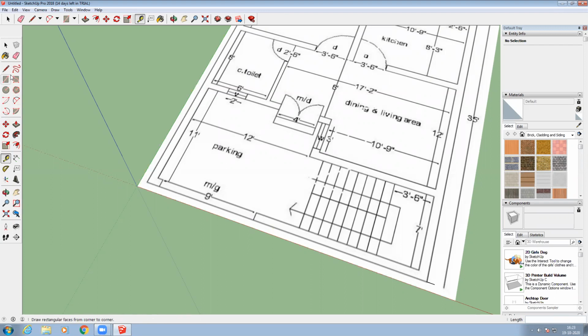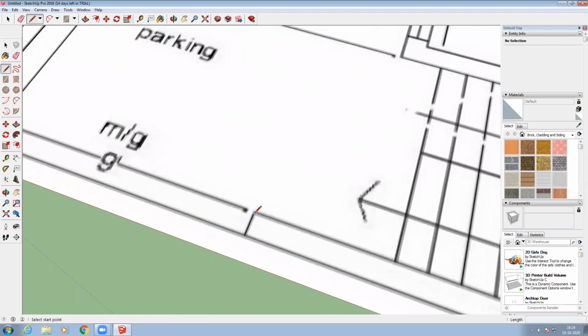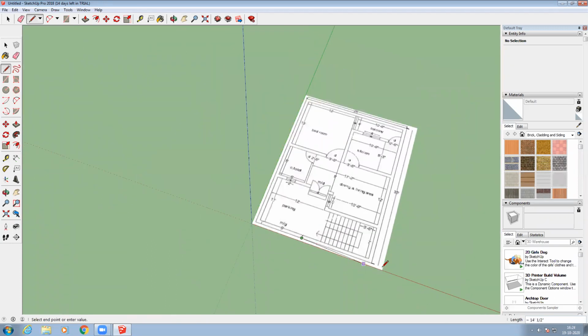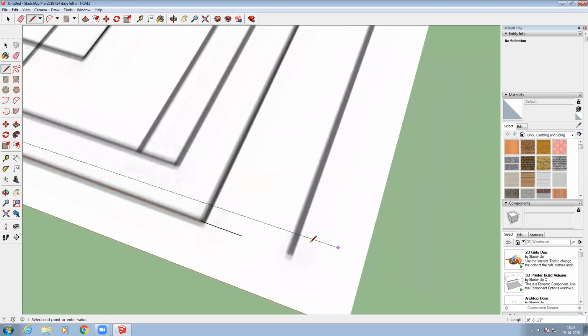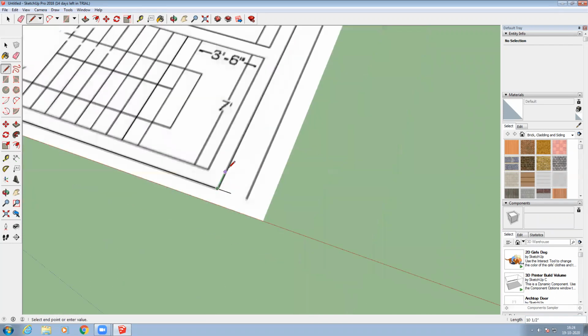At that time what I have to do is select the pencil, and then take the point, zoom in and find the point like this, right? Because as I told, when you click on the edge, you're not going to get the point, that green button. Because here a line is there, that green button is showing, right? But if not, then it will not be showing, right?